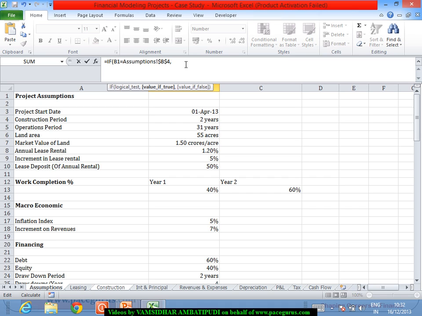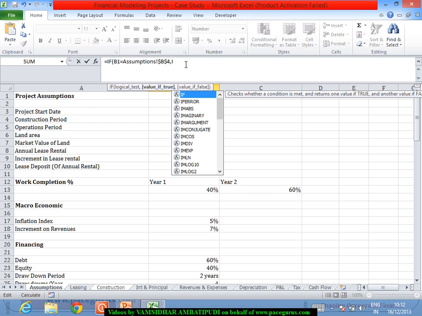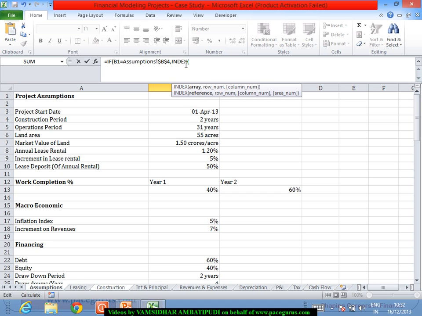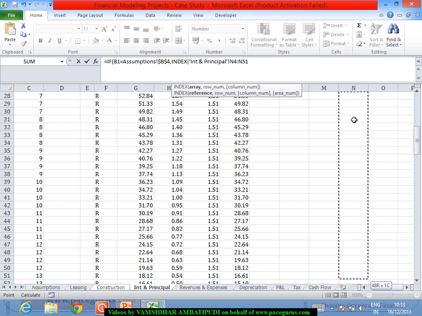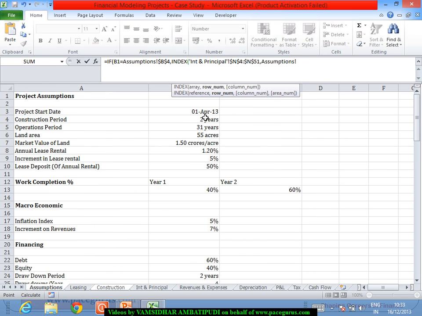That is where I will pull out INDEX from this interest and principal sheet, saying this is the area. In this area, I will take out the construction year plus 1,